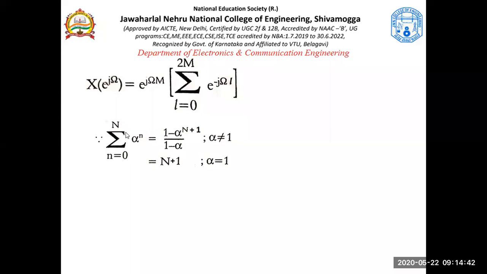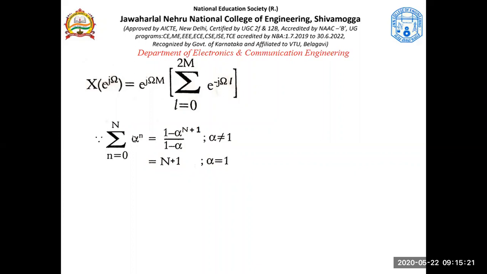Understand that? It is going from 0 to n, alpha power n, and when it is 0 to infinity, it is 1 by 1 minus alpha. But when it is 0 to capital N, it is 1 minus alpha to the power n plus 1 divided by 1 minus alpha. So the numerator used to be 1 if the upper limit is infinity. But now the upper limit is a finite number. So when this is a finite number and when the lower limit is 0, this is the formula, because alpha is not 1. If alpha is 1, what?